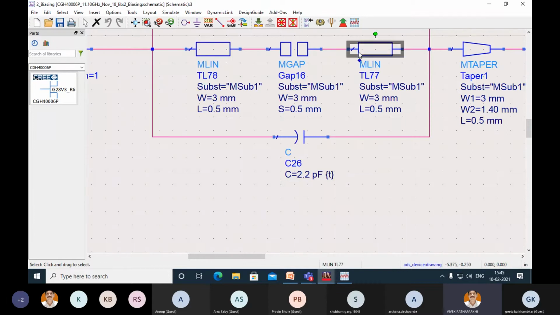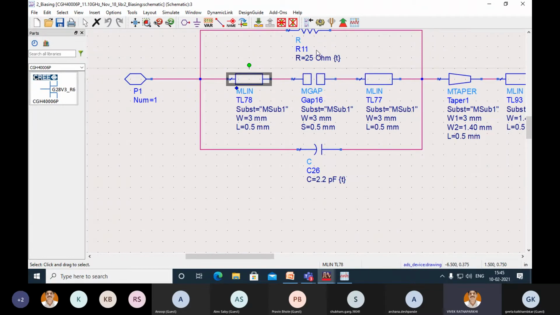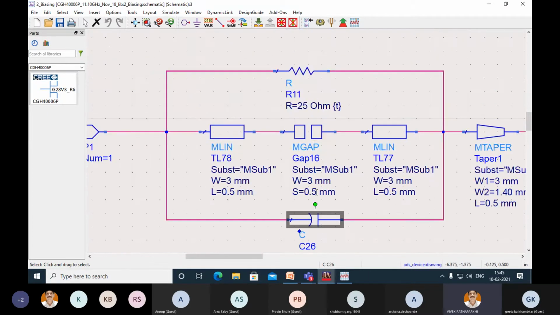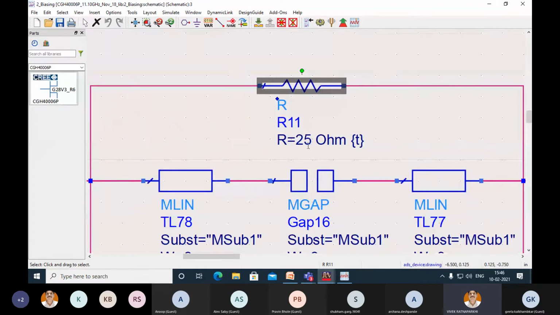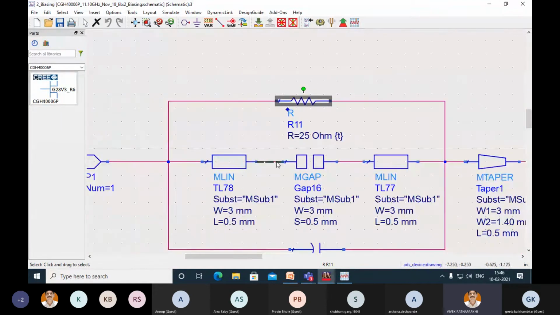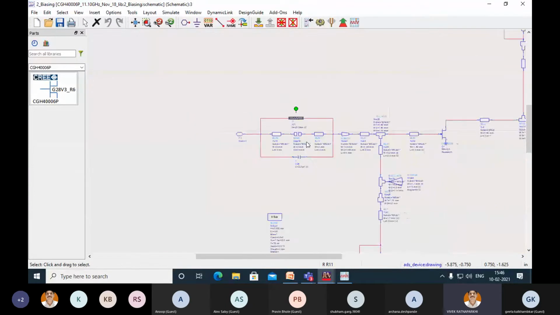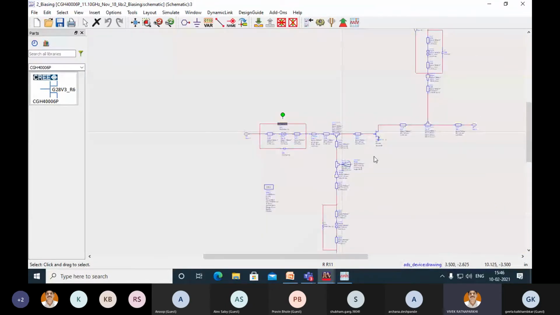Again, these are the two pads of 0.5 mm, and the width I have taken is 3 mm because I have to mount two components. One is a resistor and another one is a capacitor. It is always the choice of the designer what spacing and what width has to be taken. It depends on what device package I will be using to realize this 25 ohm resistor and this 2.2 picofarad capacitor. Again, you have to look for the standard values, whether these values are available in those packages, and what kind of space would be required to mount that particular resistor, capacitor, or any other component. So that's all about DC biasing.